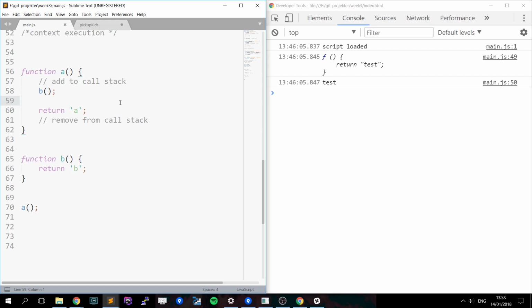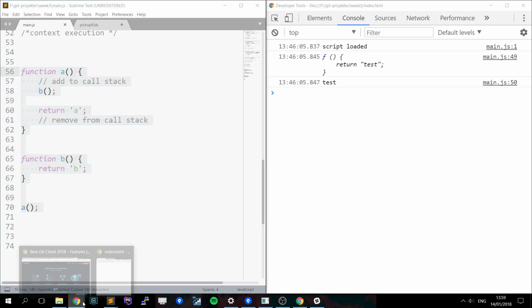Yes. Okay. But the only thing you need to think about is when we call a function, we add it to the call stack. When we are done with the function, we remove it. Later on, it'll get a little bit more difficult, but that's for something else. But this is the main principle. Calling it adds it. When we're done, we remove it. And like Jonas said, there's a really cool tool for this, where you can